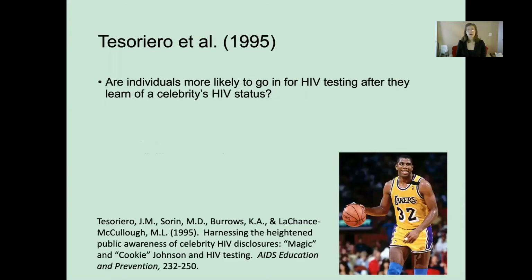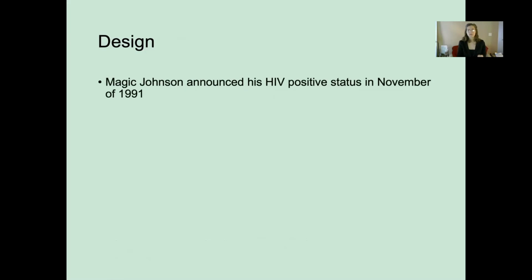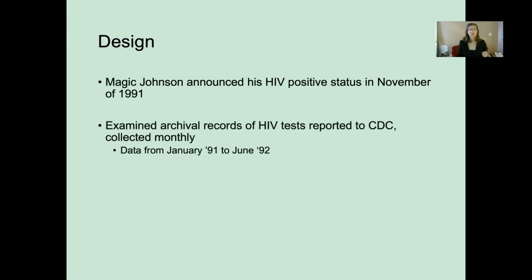Tesoriero et al. in 1995 did a really good time series analysis trying to answer the research question of, are people more likely to go in for HIV testing after they learn of a celebrity's HIV status? And they specifically looked at Magic Johnson announcing his HIV positive status in November of 1991. They examined archival data of HIV tests reported to the Center for Disease Control, CDC, and that data was collected by the CDC monthly. So they got data from January of 1991 to June of 1992,